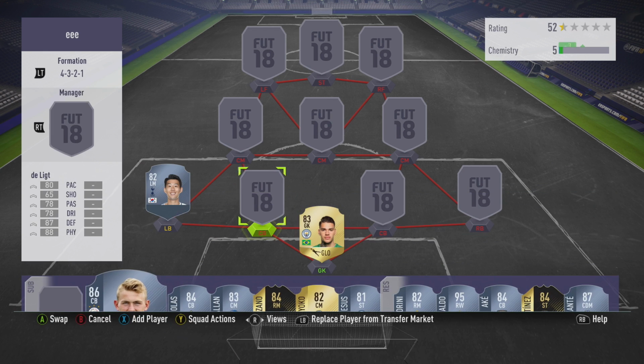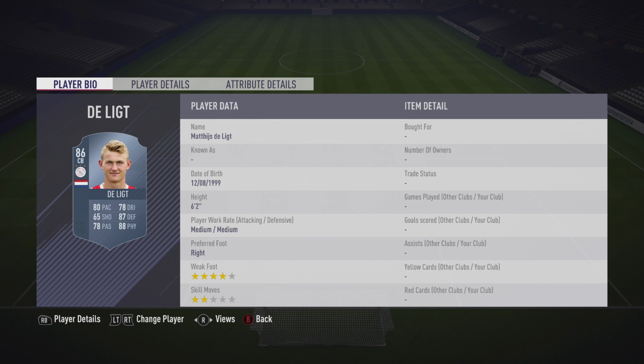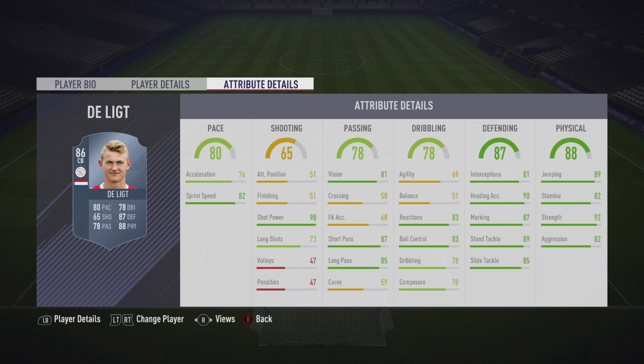Then moving on to this fella here. Now, I might butcher his name, Delete, I believe, but look at his stats. He's got 80 pace, 87 defending, and 88 physical. And the reason I put this card in here is because he goes for around about 40k, I believe. But there's a player in the Premier League with worse stats than this card who goes for almost quadruple the price. But if we take a look at his actual in-game stats, 92 strength, 89 stand tackle, 85 slide tackle,